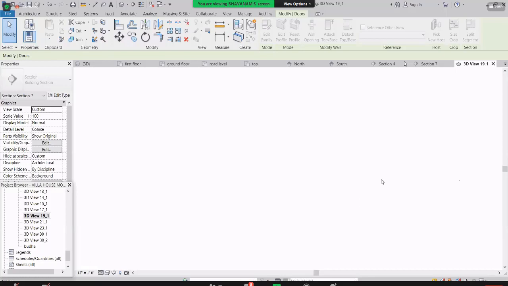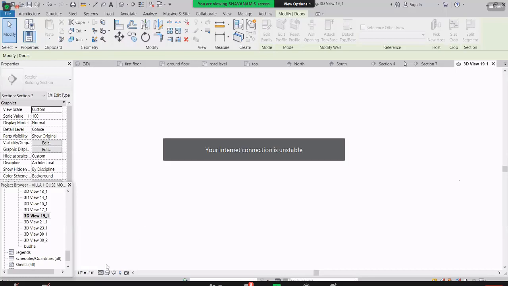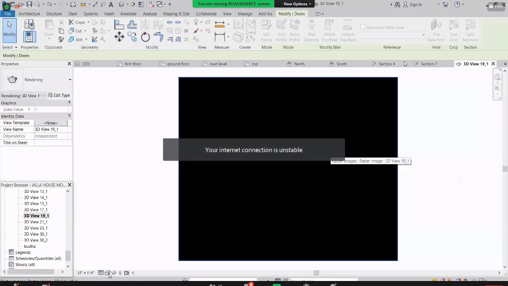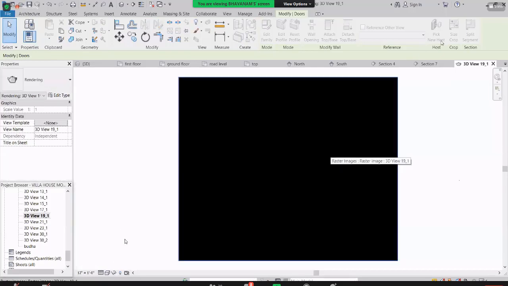So let me click on a 23. Is there anything to manipulate with this one?